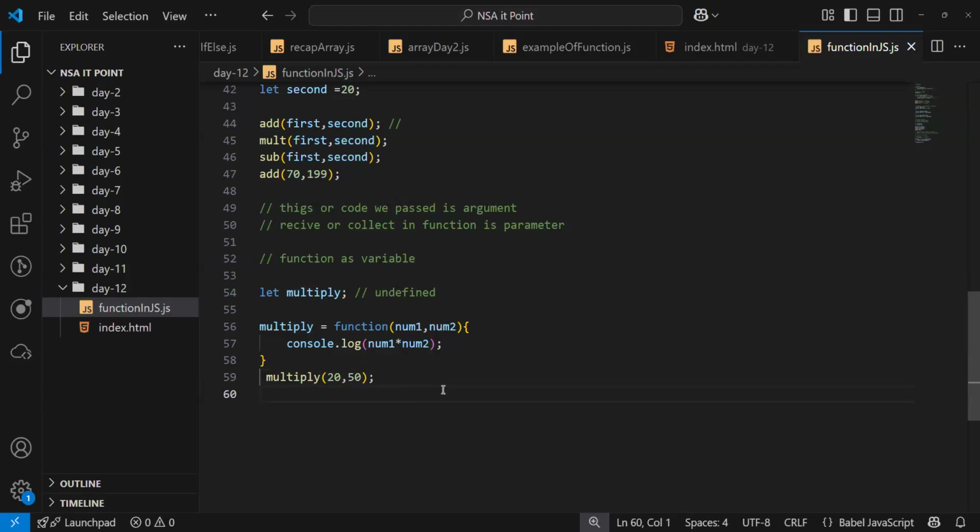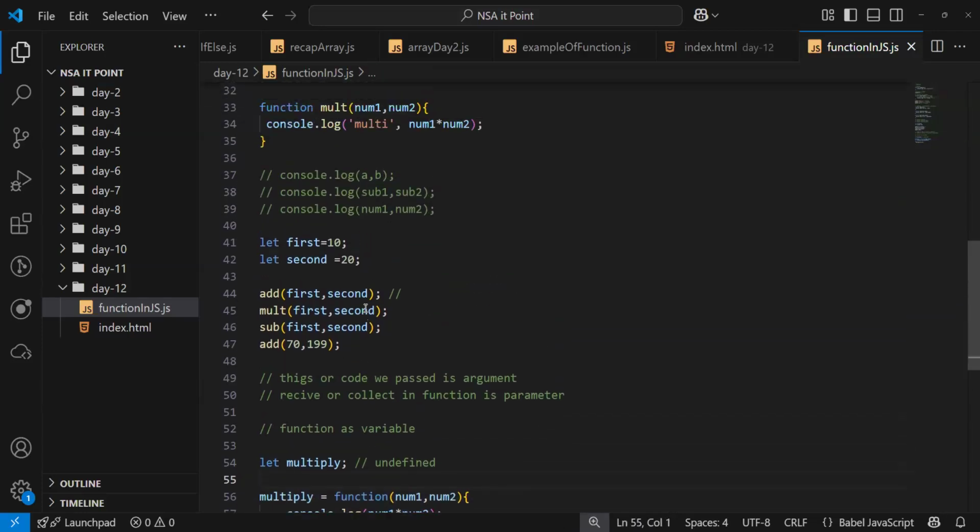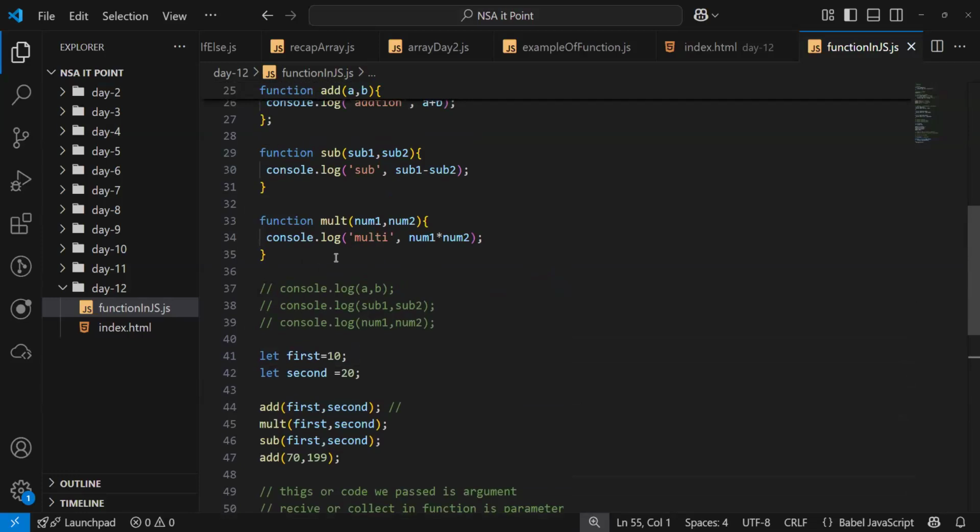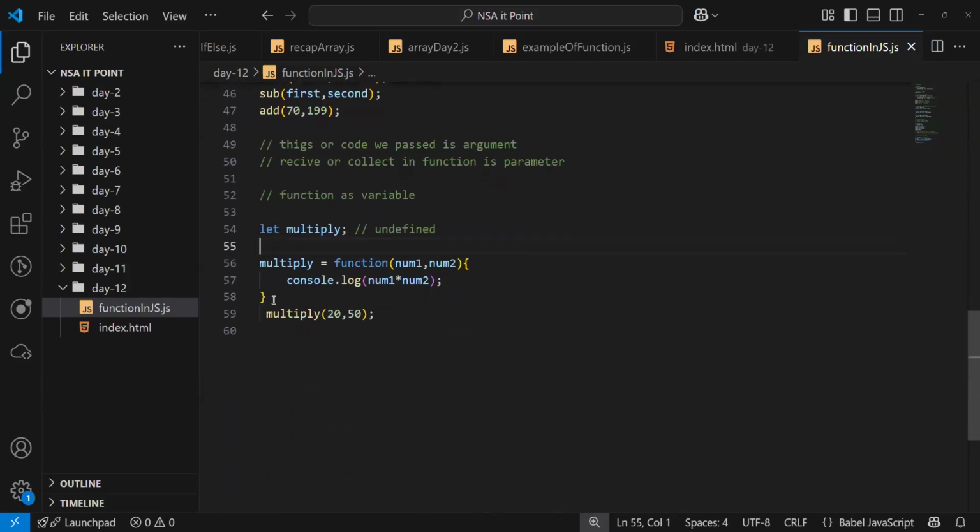In modern JS, you will see this format. Developers don't create these kinds of functions. They store a function inside a variable and then use it. Got it?